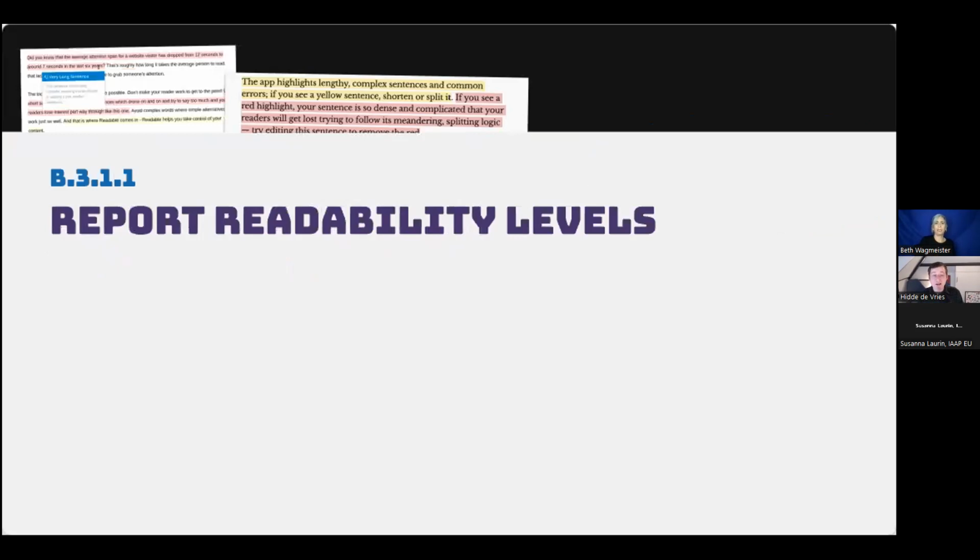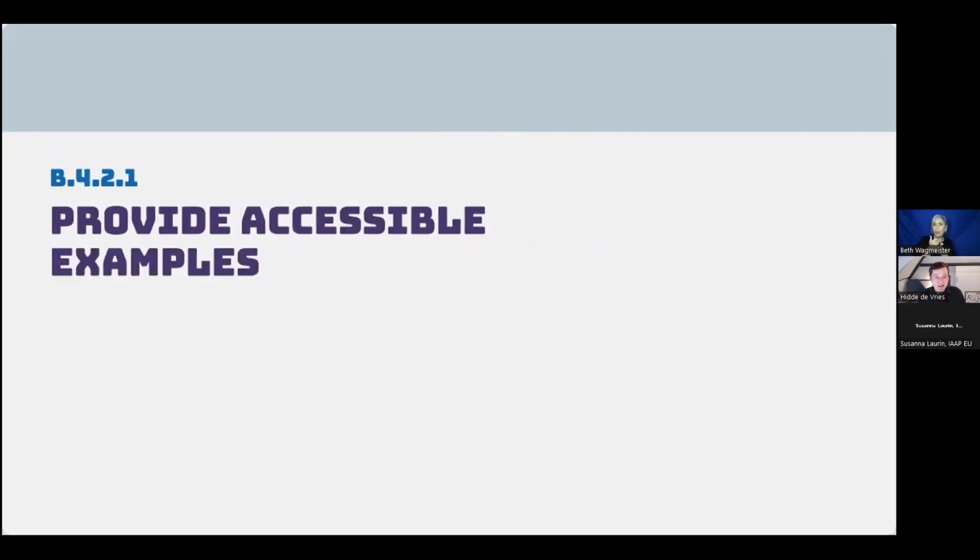Readability levels is another thing that is possible for CMSs to establish automatically. These algorithms aren't perfect, right? For figuring out what's the readability of a text. There are known issues around that, but they can give a very good indication. And if you have something like Grammarly built into your CMS, that can create more accessible content too, because there are a lot of people who are low literate in the world. And then lastly, if you have examples like documentation and other places, accessible examples are really helpful too. And that's something to look for as well when you're choosing a CMS, like, is the documentation actually clear about accessibility?